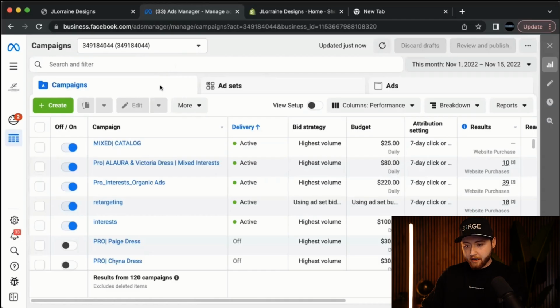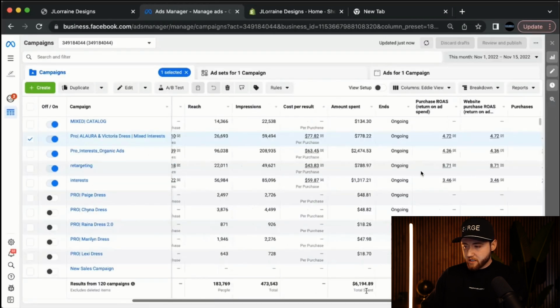All right, so we're in one of our client accounts here. There's a few campaigns. The first campaign we have is an interest campaign. The next one is gonna be a retargeting. Then we have an interest for organic ads, and then a mixed interest as well as a catalog. Each of these have different budgets, and we're gonna break down what each of these look like. And as you can see, each of these campaigns are doing roughly 4x plus. This one's at a 4.72, 4.36. Retargeting is at an 8.71x. The interests are at roughly a 3.46. With roughly $6,000 in spend and generating about $24,000 in return on ad spend,